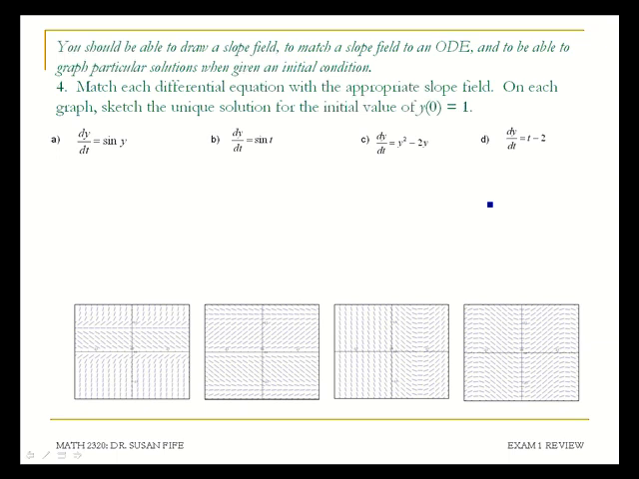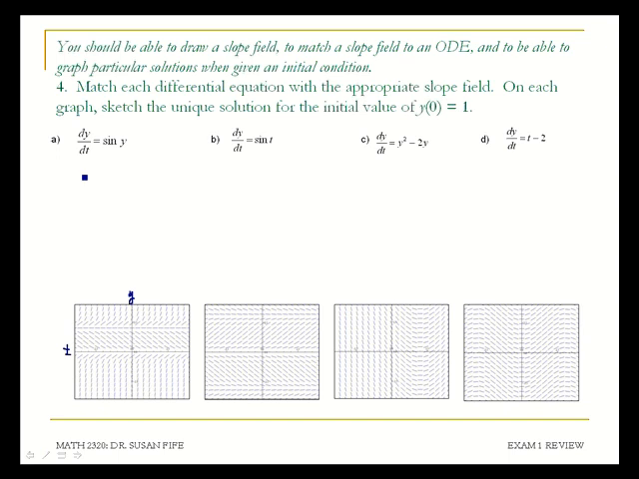On number 4, we're given 4 differential equations and told to match the equation up with the graph. Notice that each one of these we have a function of y with respect to t. So we have our y-axis goes up and down, our t-axis goes left and right, and we can match these up